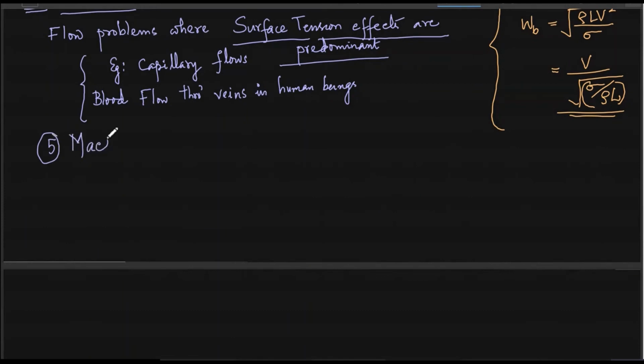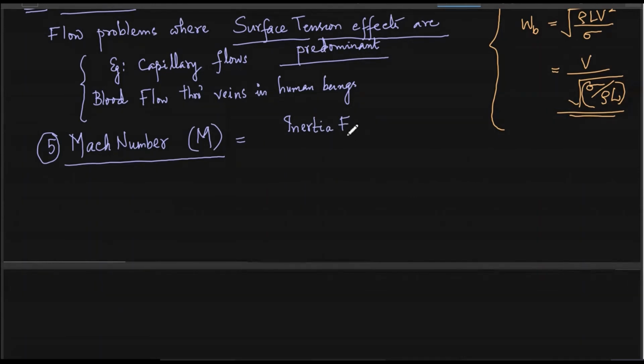Final number that is extremely important in aerodynamics is called Mach number. Mach number is represented by M. So let me tell you what it is. Mach number is actually the ratio of inertia force. That is already there in every non-dimensional number which we discussed. Inertia force is a part of that, whether in the numerator or denominator. Most of the cases we have taken this in the numerator, but only in the Euler number we have taken inertia force in the denominator. There the pressure force is in the numerator in the case of Euler number.